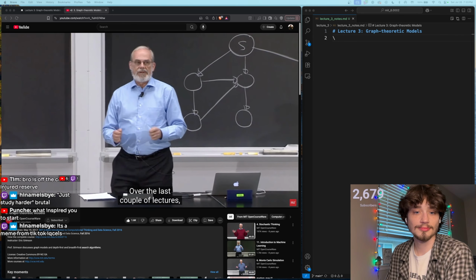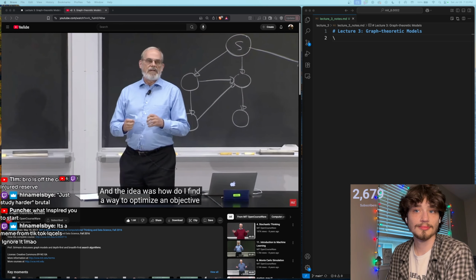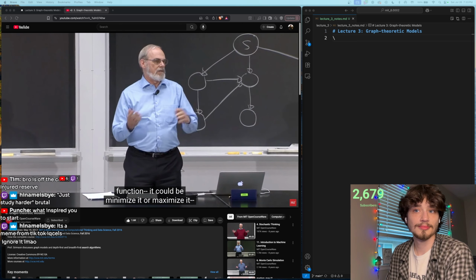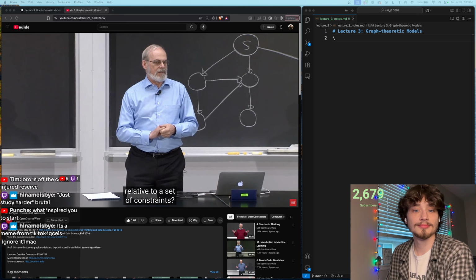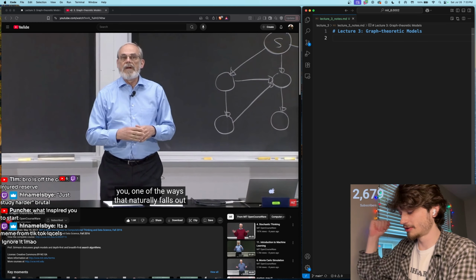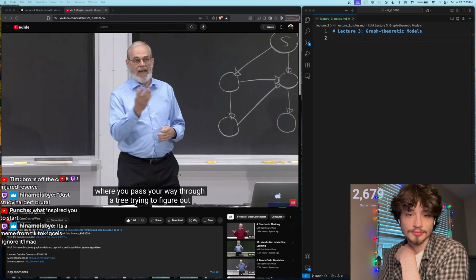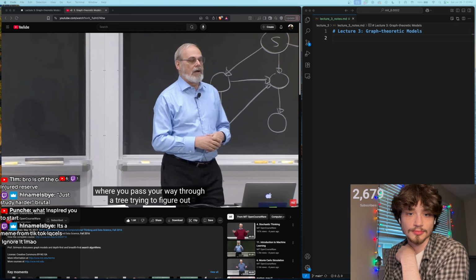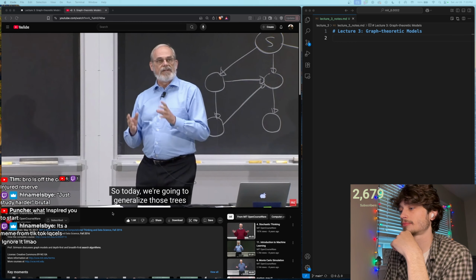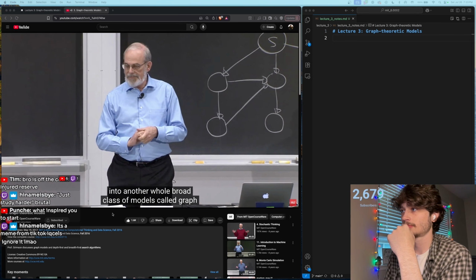Over the last couple of lectures, we've been looking at optimization models. And the idea was, how do I find a way to optimize an objective function? It could be minimize or maximize it relative to a set of constraints. And we saw, or Professor Guttag showed you, that one of the ways that naturally falls out is by looking at trees, decision trees, where you pass your way through a tree, trying to figure out how to optimize that model. So today, we're going to generalize those trees into another whole broad class of models called graph-theoretic or graph models